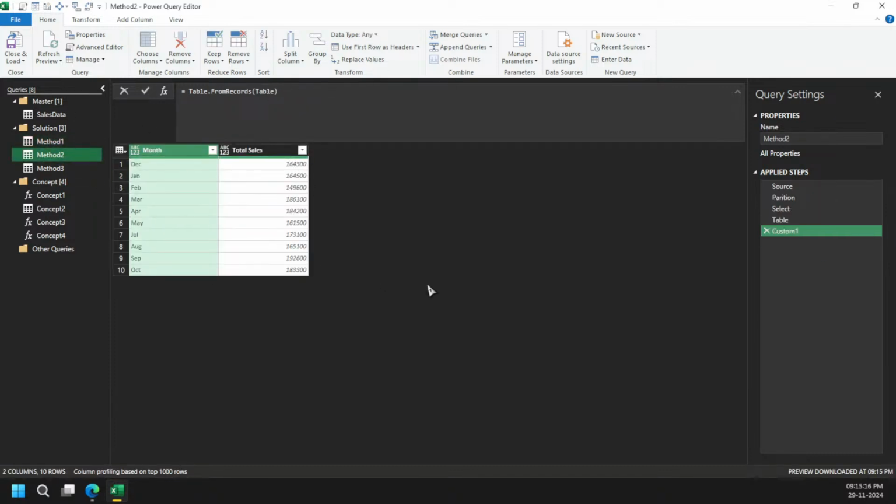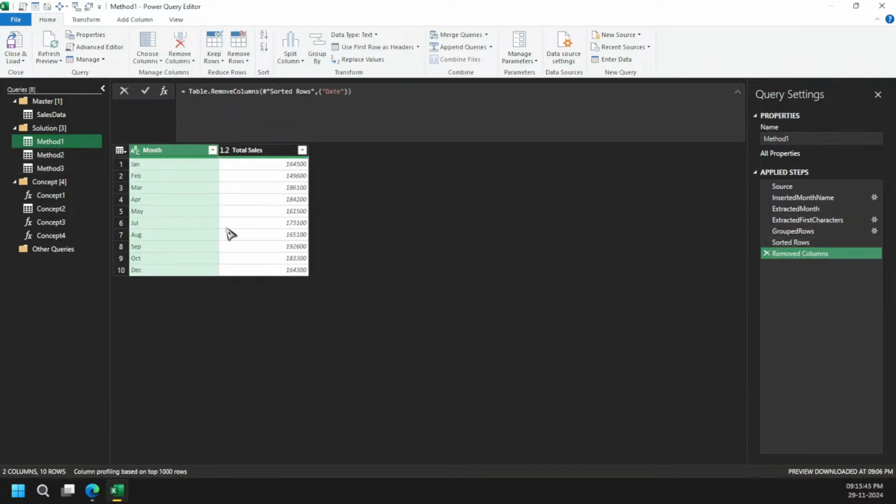But again, the limitation comes here. That is, you can see the months are not properly sorted. They are sorted in a way, but table dot partition functions work in a bit odd way. It will remove the last row, the last group it differentiates. It generally puts on the top row. Got it? So that's kind of weird. But yeah, we will sort it out, and I will share you one more trick.